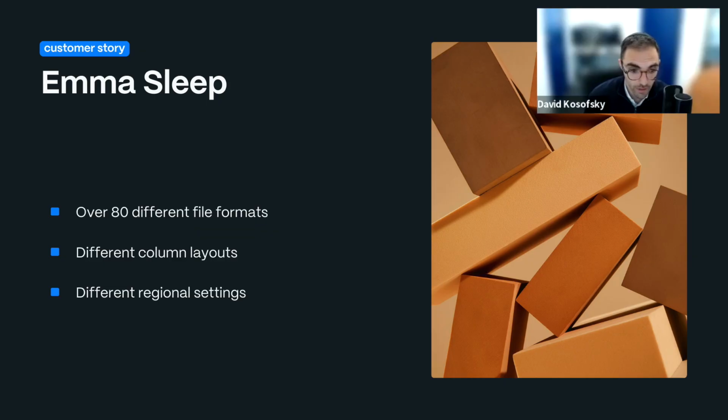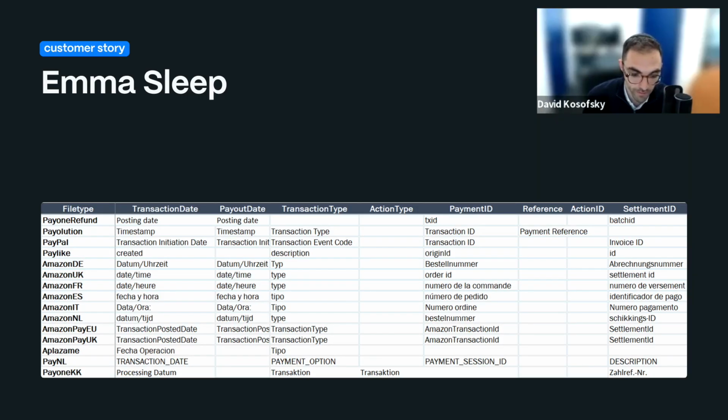Obviously, they're dealing with different currencies from different countries. They're dealing with different date formats, as we mentioned, both based off of the location, but also based off of the formatting of the provider, different column layouts for different provider spreadsheets, and huge volumes of data. So if you think about it, this is a really complex problem that mentions a bunch of the issues that we just discussed together. So what did the solution that we automated for them have?